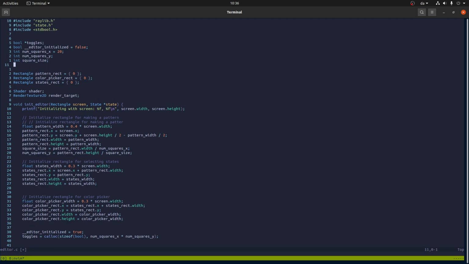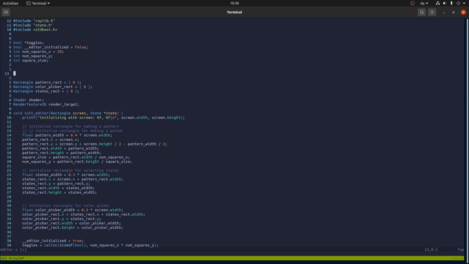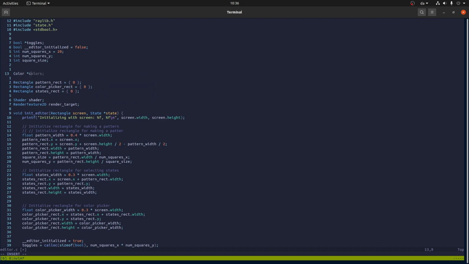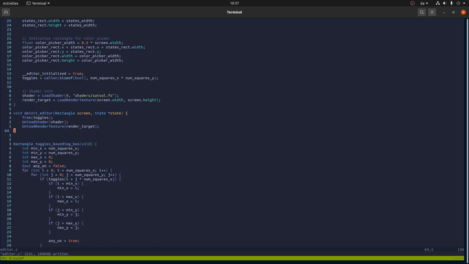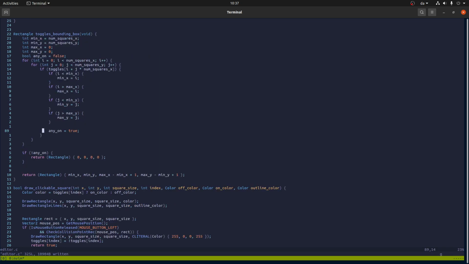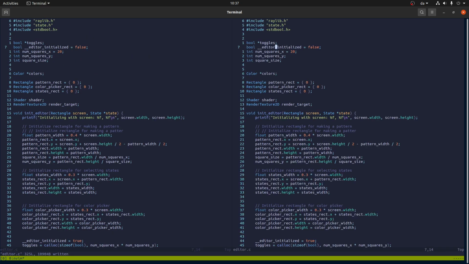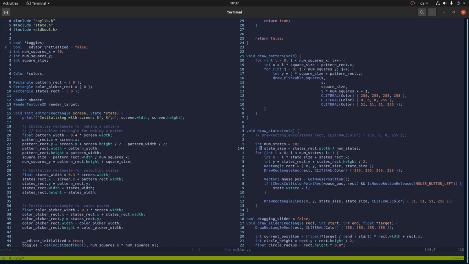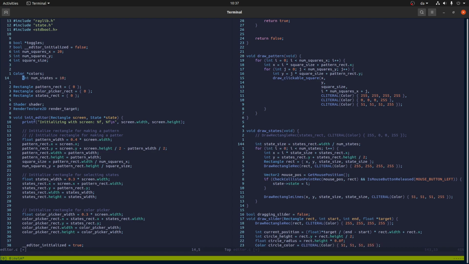So we kind of need to keep track of which colors are set. So let's say we have here colors, and how many of these, let me go back here and go back into draw states. How many are we drawing? So we're drawing 10. Let's put that here,